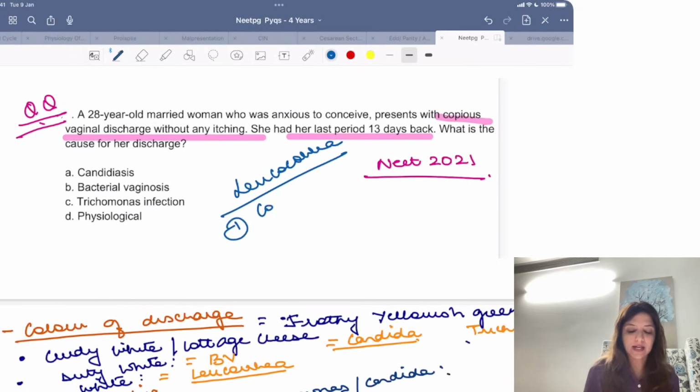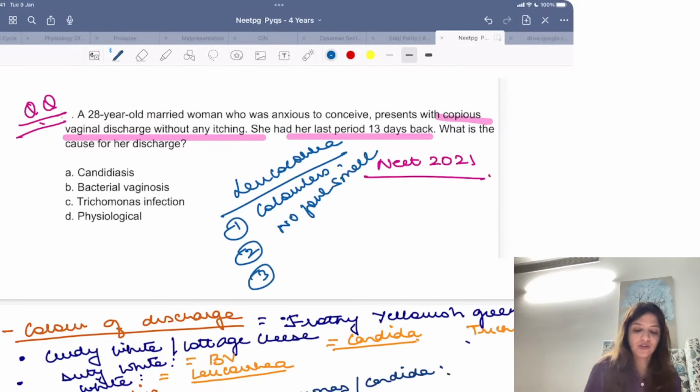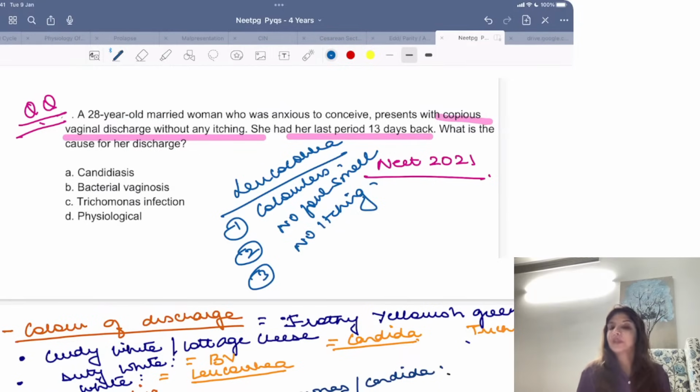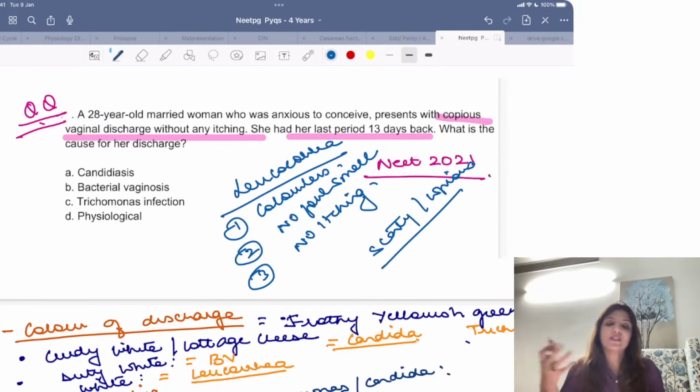Number one, it is colorless. Number two, there is no foul smell. And number three, there is no itching. Right? It could be scanty, it could be copious, depending upon in which time of the cycle it is